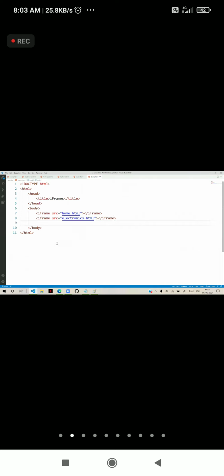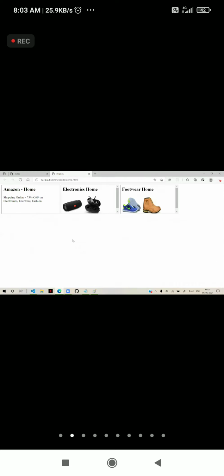So we added multiple iframes here, and we are configuring multiple iframes here. So iframe src is some footwear.html, and arranging into rows and columns as you wish. Depending on width and height, when I run this, all that will be displayed here.